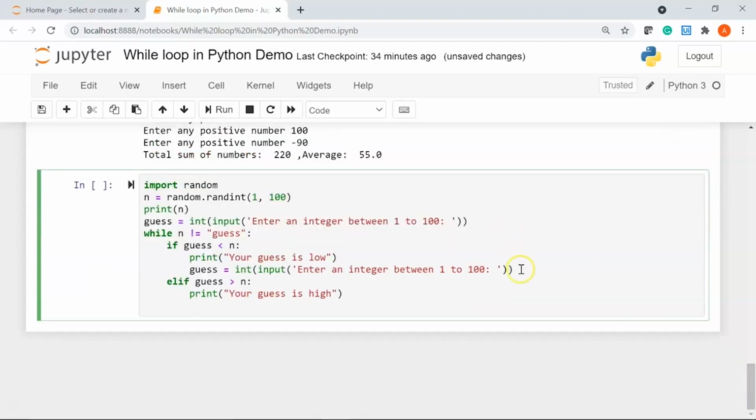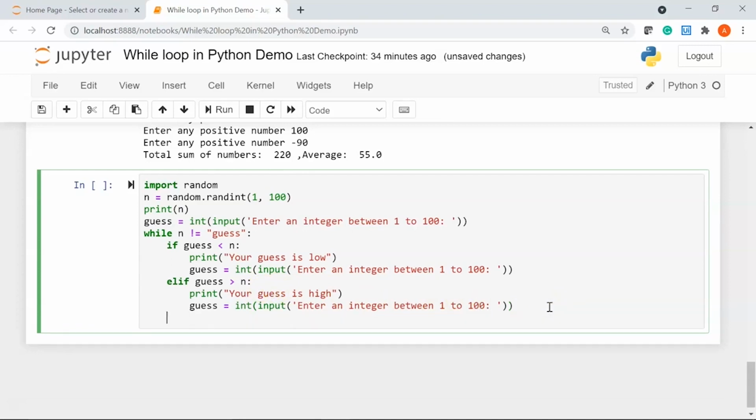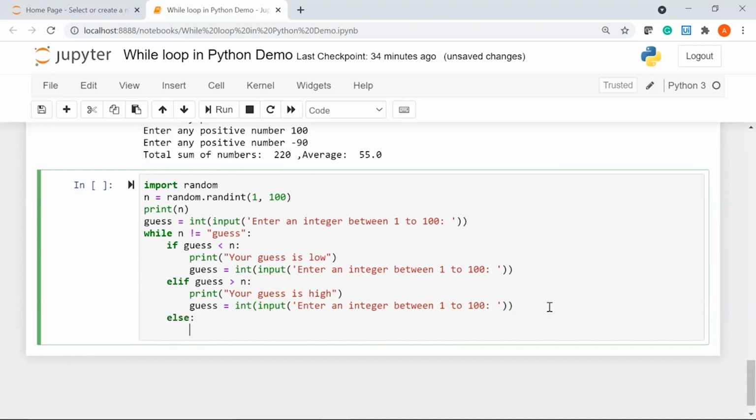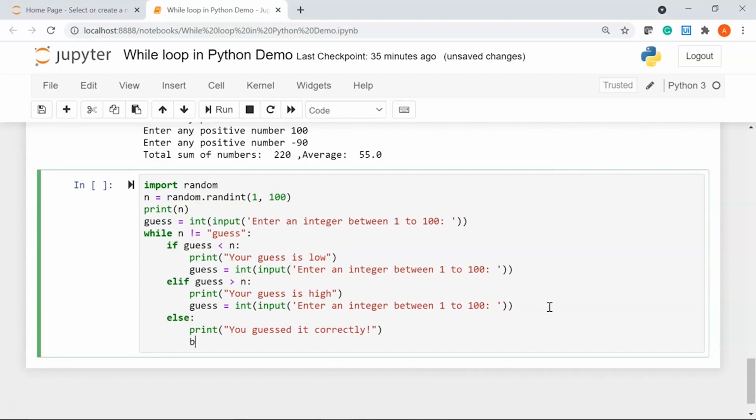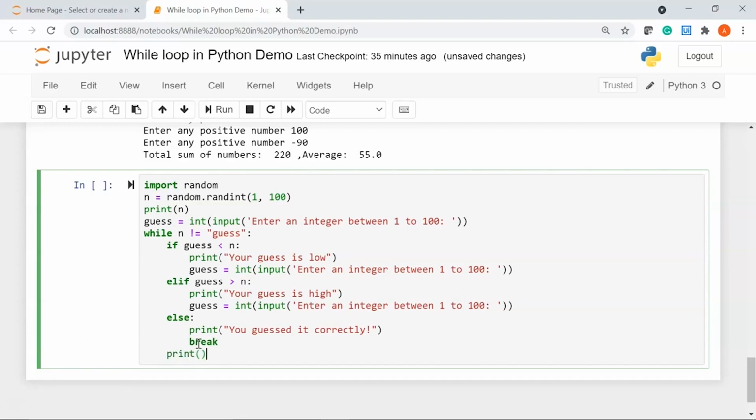Then we are again going to ask the user to guess a number between 1 to 100, and after that I'll say else, will print you guessed it correctly. Then we'll break out of the loop, and finally I'll just print it.